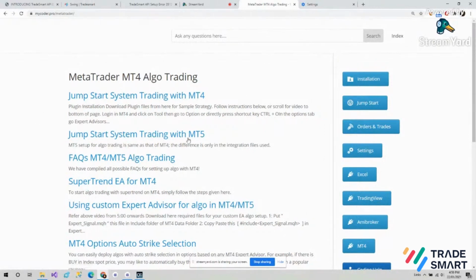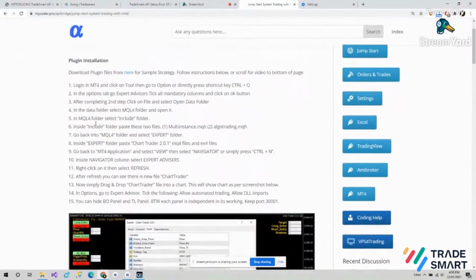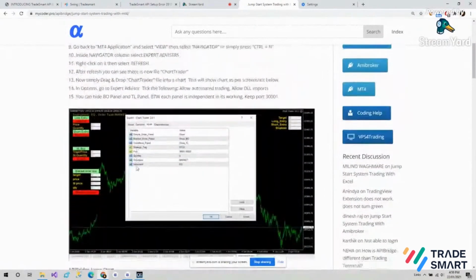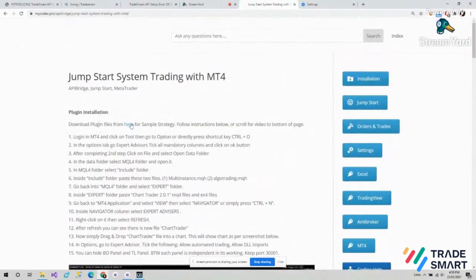So for MT5 users, follow this link. For MT4 users, click on Jumpstart System Trading with MT4. And you can see step-by-step instructions are given here on how to integrate MT4 with TradingView.